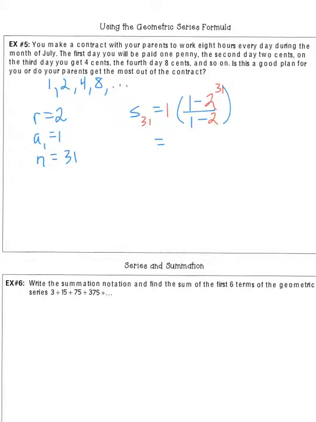I'm going to divide that by negative 1, which gives me the positive of that, and multiply it by 1. I have quite a few pennies. So S sub 31 is 2,147,000,000. Did I say million before? 2,147,000,000, such a big number,